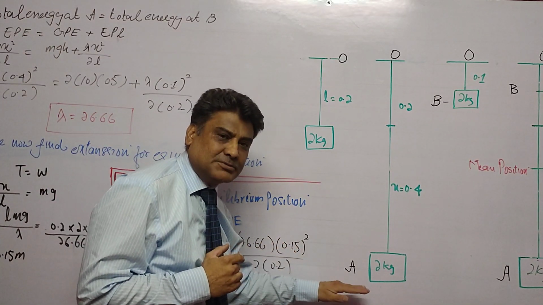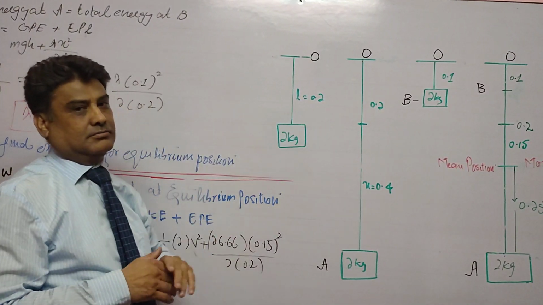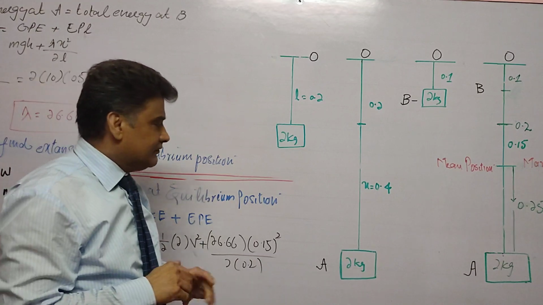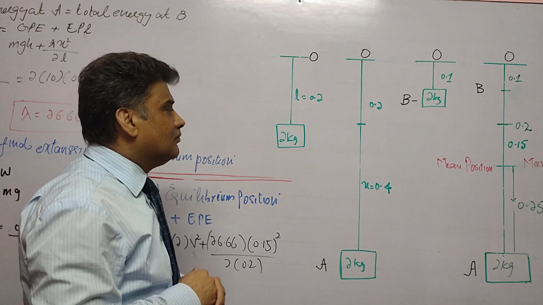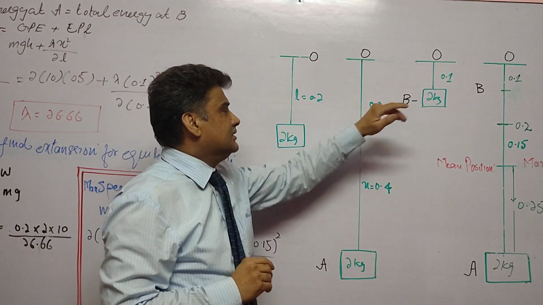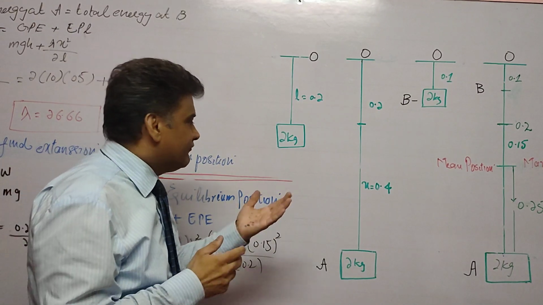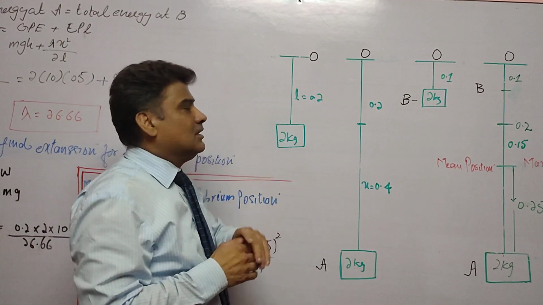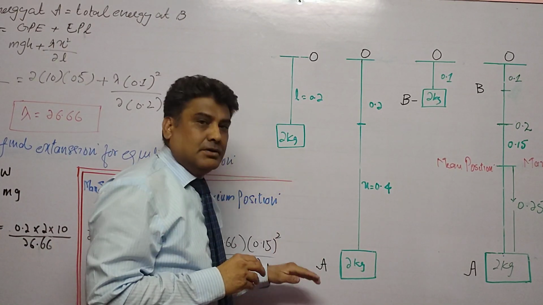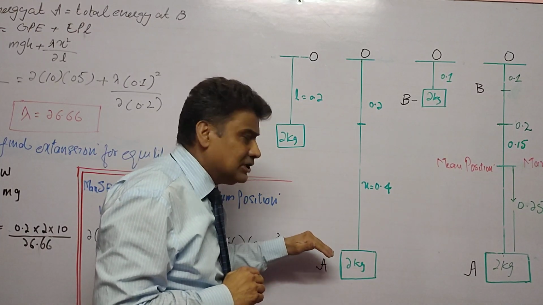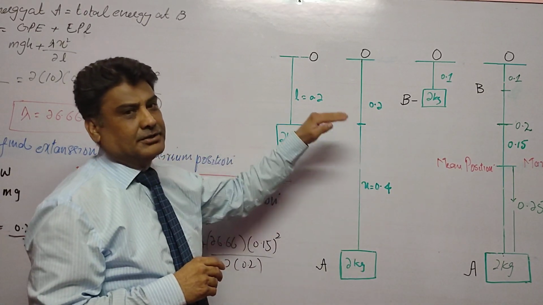When we release the particle from this position, obviously it will move in upward direction due to elasticity in the string. It will move upward to the point B. You can observe that when it moves in upward direction, the value of h continuously increases. So we can say that its gravitational potential energy continuously increases, but its elastic potential energy continuously decreases.